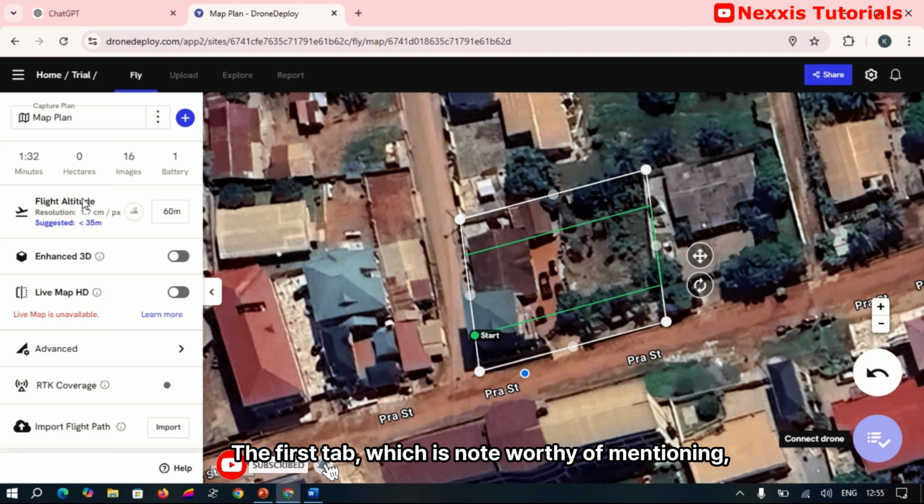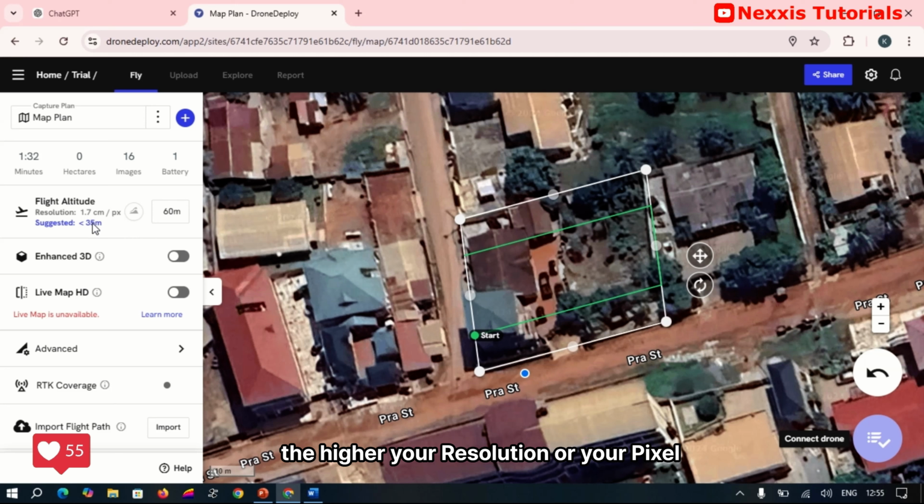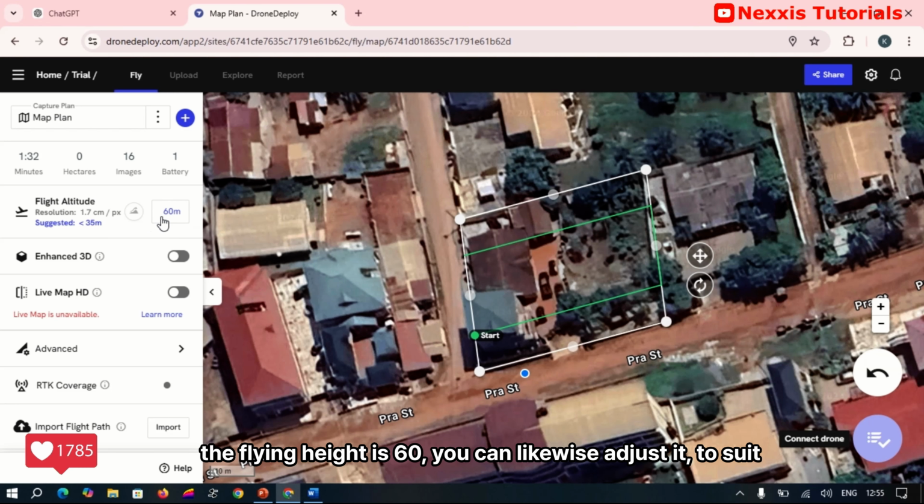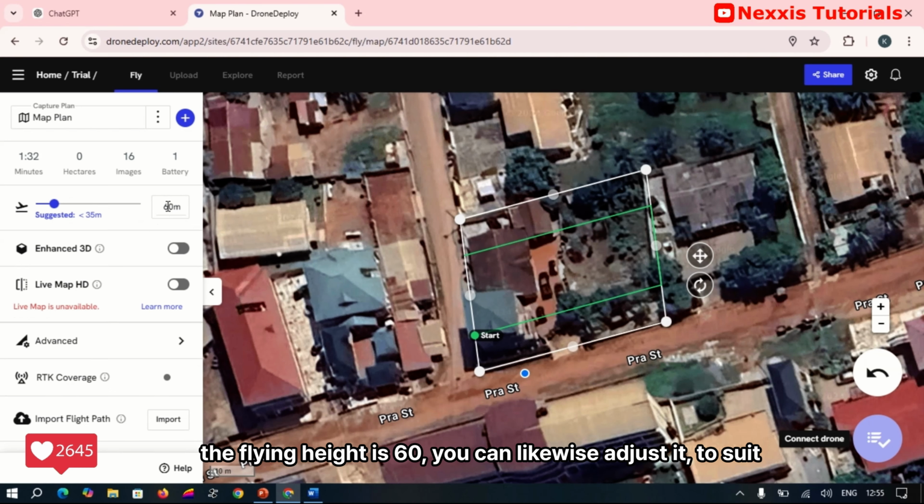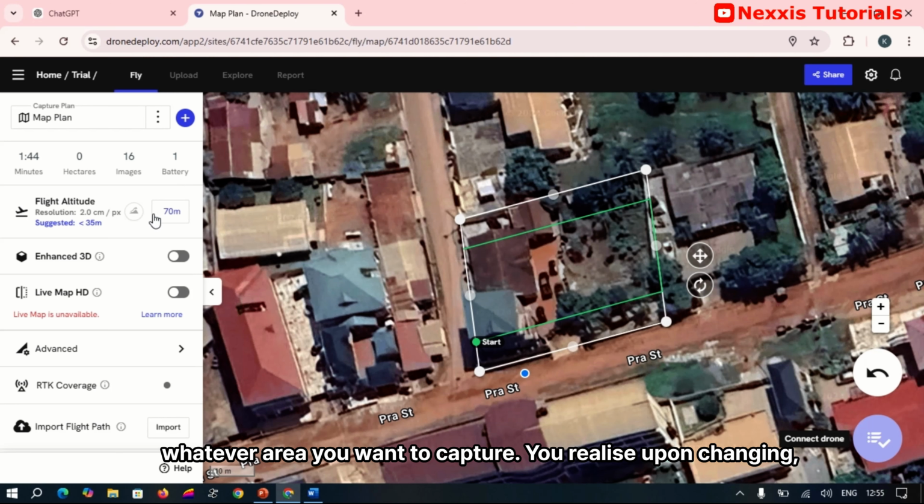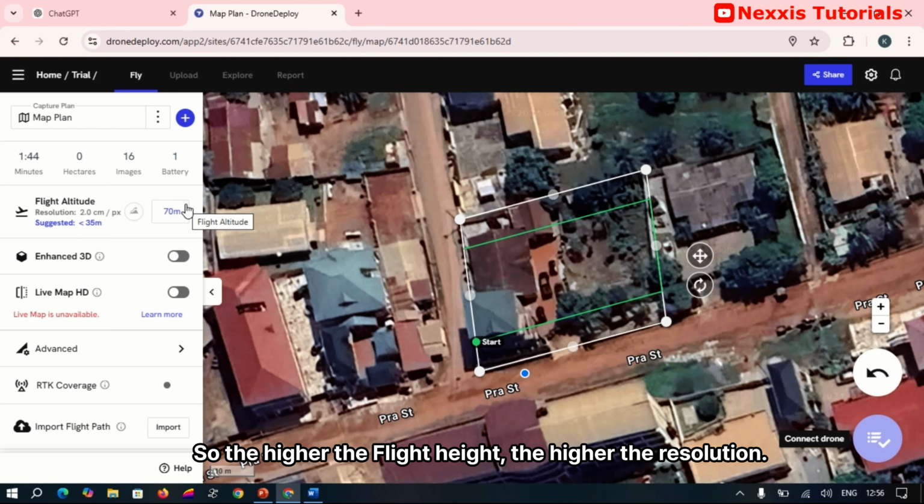The first tab, which is noteworthy of mention, is the flying altitude. The higher you go, the higher your resolution or your pixel size. So you can see here the flying height is 60. You can likewise adjust it to suit whatever it is you want to capture. Realize that upon changing the flight height, the resolution changes. So the higher the flight height, the higher the